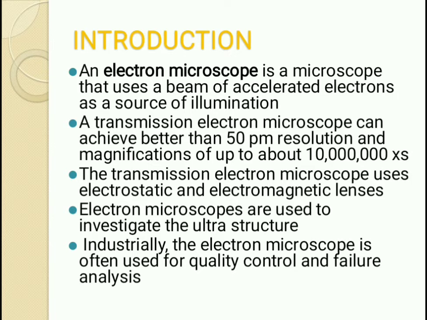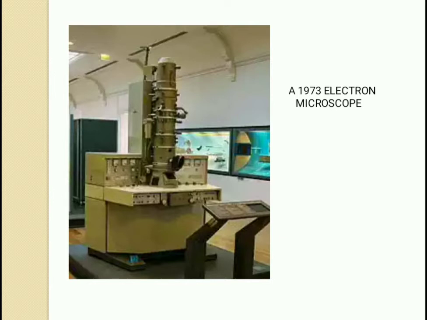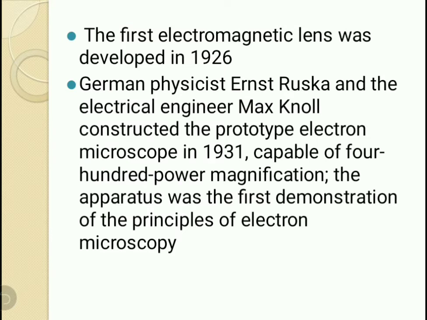Now this is the typical type of electron microscope, where the arrangement is such that electron generators are used. Then there are various lenses that give a proper direction to the beam of electrons, so that it can be projected on the specimen. So this is a simple diagram of an electron microscope. Now we will see the next slide.